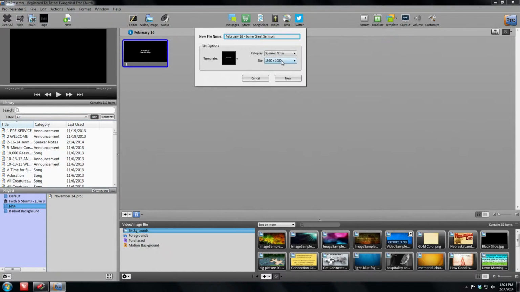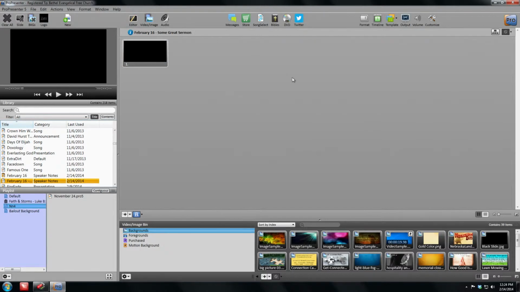The recommended size, again, that we use is 1920 by 1080. If you choose a different size than this, you might have problems when resizing the slides to fit our display. So choose that size and hit New. This will create a new file for you, and we'll just open the editor in order to begin editing the